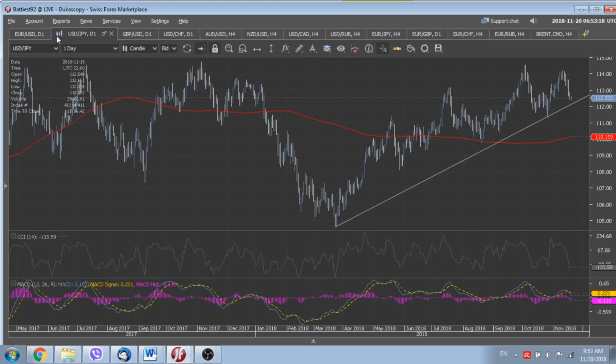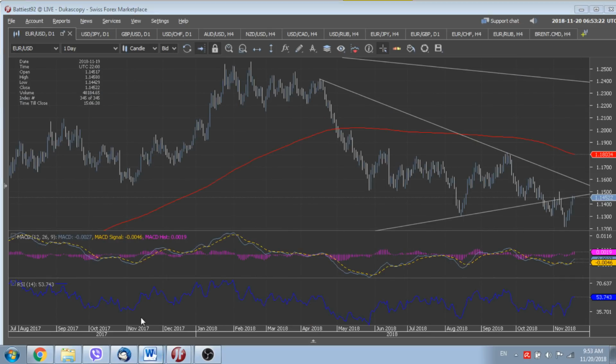As regarding the euro dollar, where we still keep our long trade recommendation initiated at 1.1335, we should understand that there is an interesting resistance barrier around 1.16, where lies the so-called downtrend line of 2018 that was drawn from the highs of the middle of April, when the United States dollar started its bullish wave.